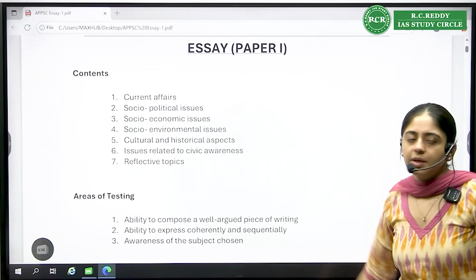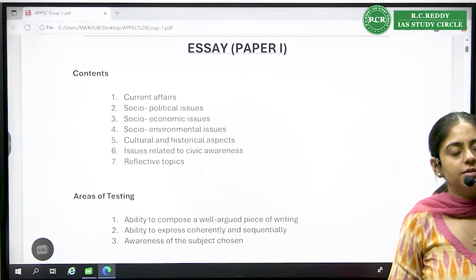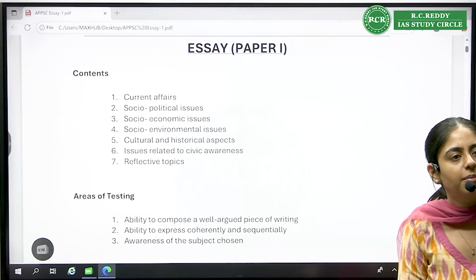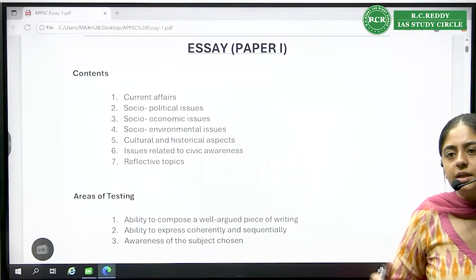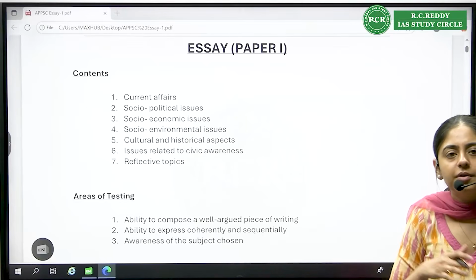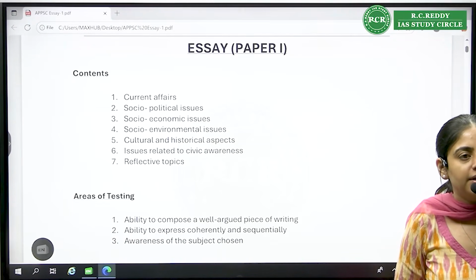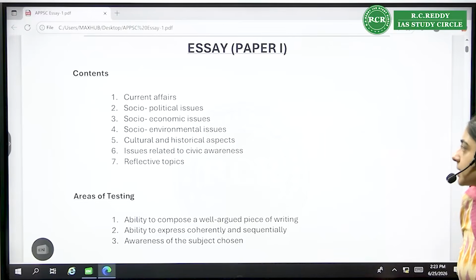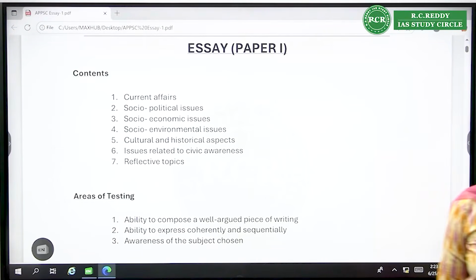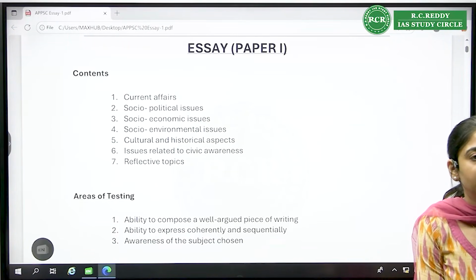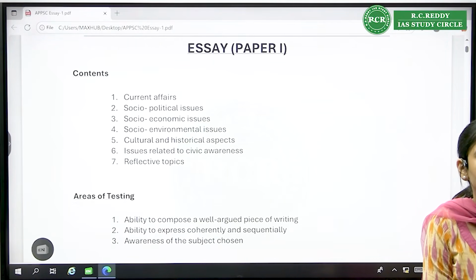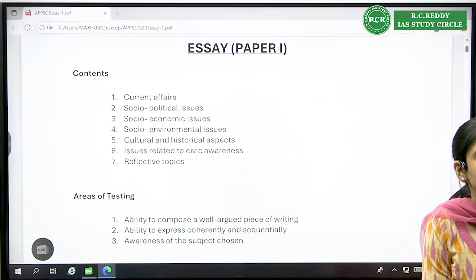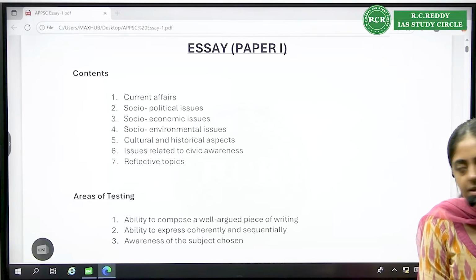We have already discussed a topic, so you will be able to write something about it, right? Then environment issues, very important. With respect to climate change, global warming, environmental pollution, degradation, we will be discussing all these things in the class. We'll try to cover all the bases when it comes to essay classes. Next is cultural and historical aspects. So more related to our cultural heritage, which might be with respect to protection of heritage or general art, architecture, dance forms. We'll see what type of essays can come out of cultural and historical aspects.